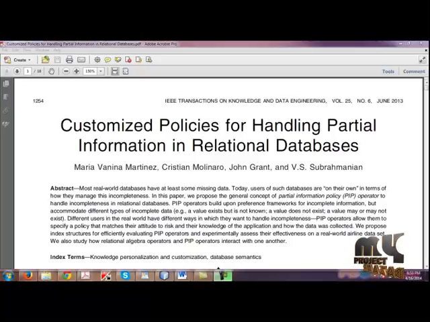The user may want to specify query operators that fill in the missing values in many possible ways. For that we are using the partial information policy operators. There are many queries of interest that an analyst may want to pose after evaluating a PIP operator. In order to solve those things, we have proposed the general notion of a PIP operator for resolving various kinds of incompleteness, and proposed index structures to support the efficient evaluation of PIP operators, and we maintain them incrementally when the database is dynamically updated.